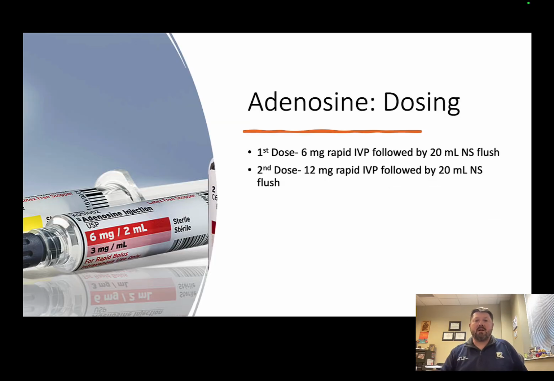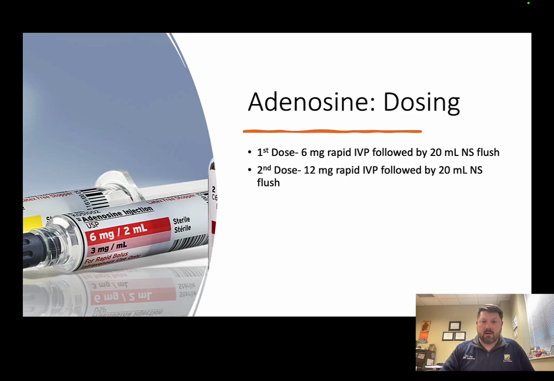Just like I mentioned in the algorithm, the first dose of adenosine should be 6 milligrams administered rapidly over 1 to 3 seconds. The rapid administration is very important because the half-life is very short, and it may already be metabolized before it even reaches the patient's heart. If the patient's rhythm does not convert out of SVT within 1 to 2 minutes, we can consider a second